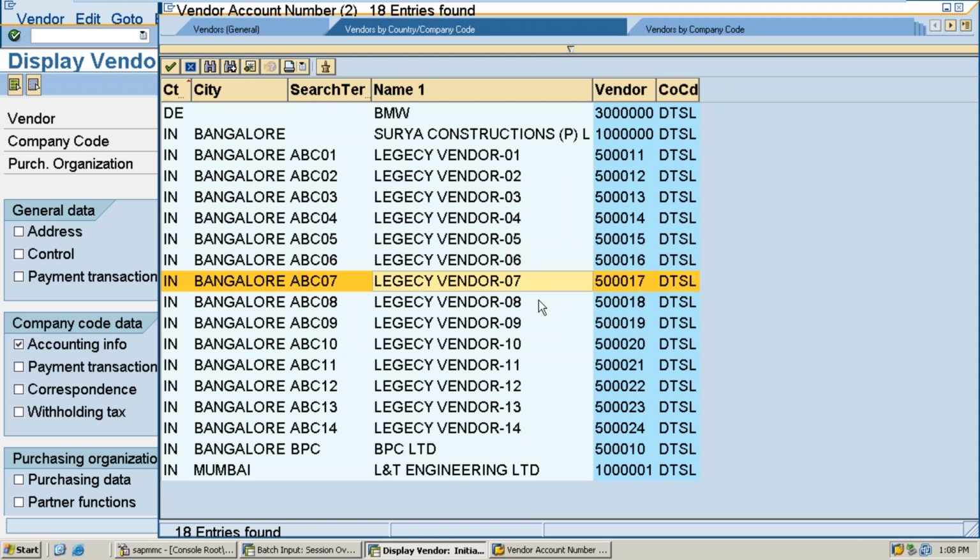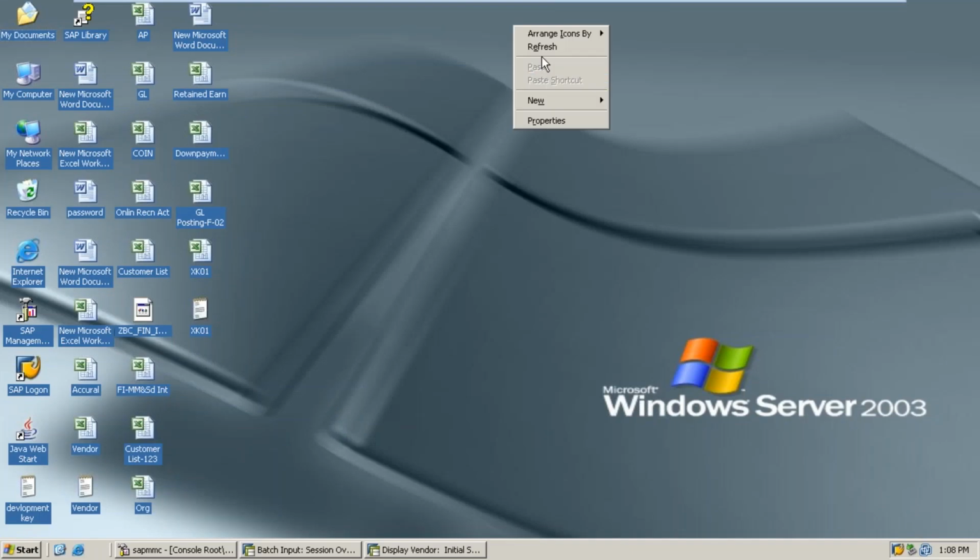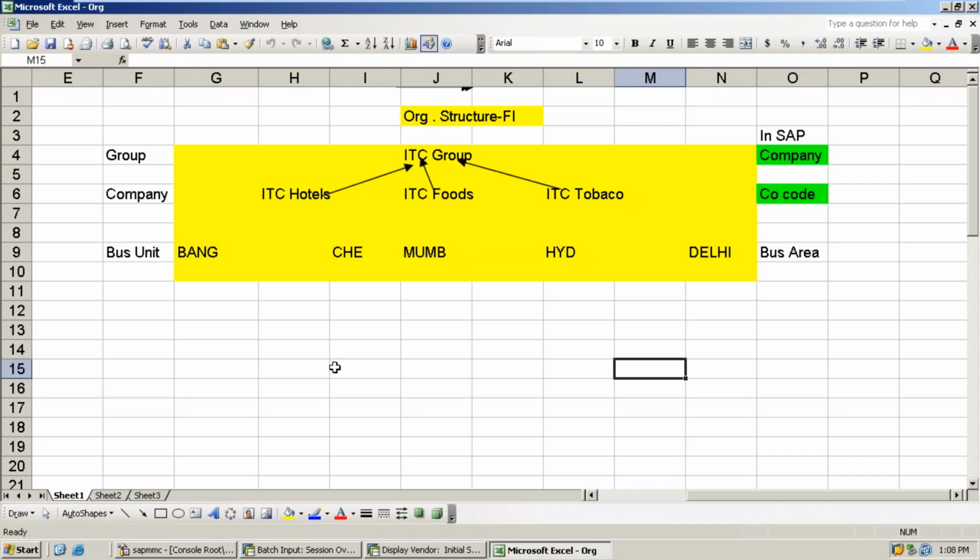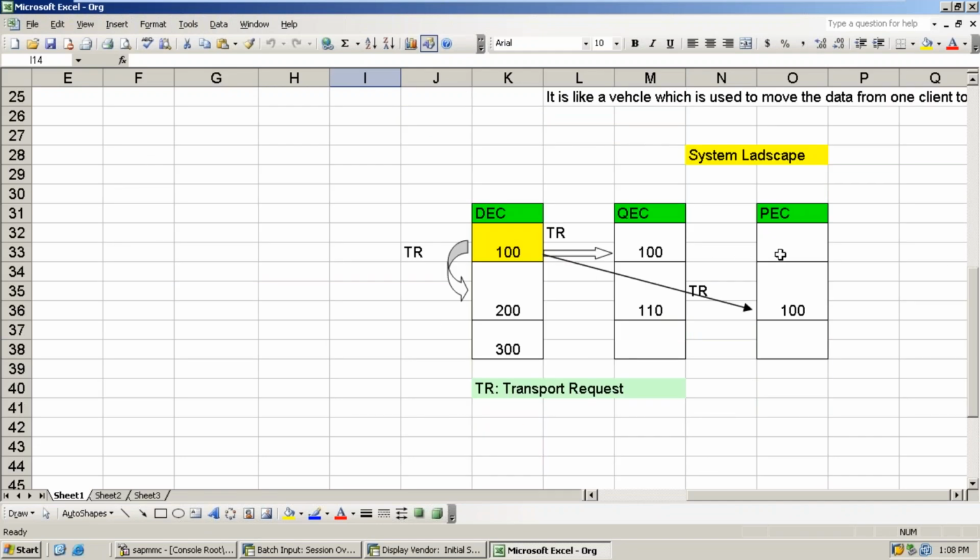Now what I wanted to tell here is how to move an LSMW from one client to another client. Example, you know the landscape first of all. This is your landscape. Let's assume I have created this LSMW here, in quality. Then it will be available in all the clients in quality.